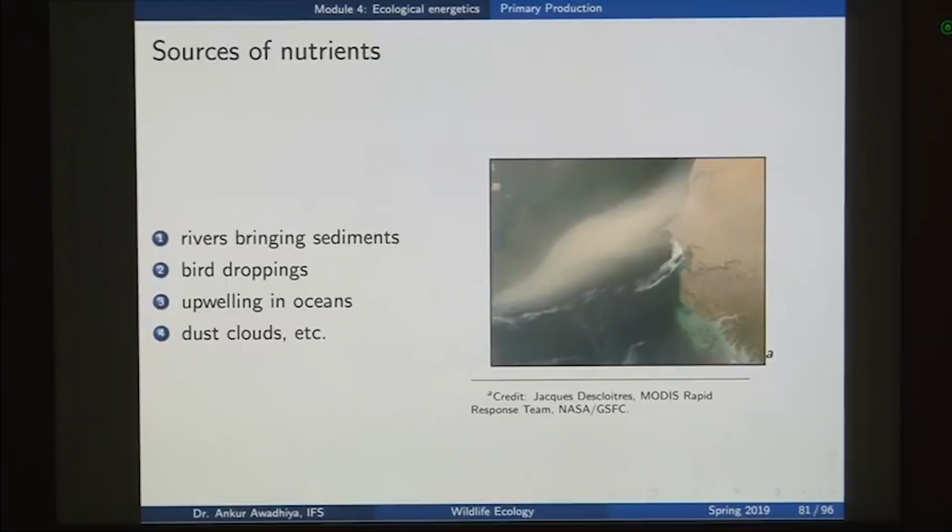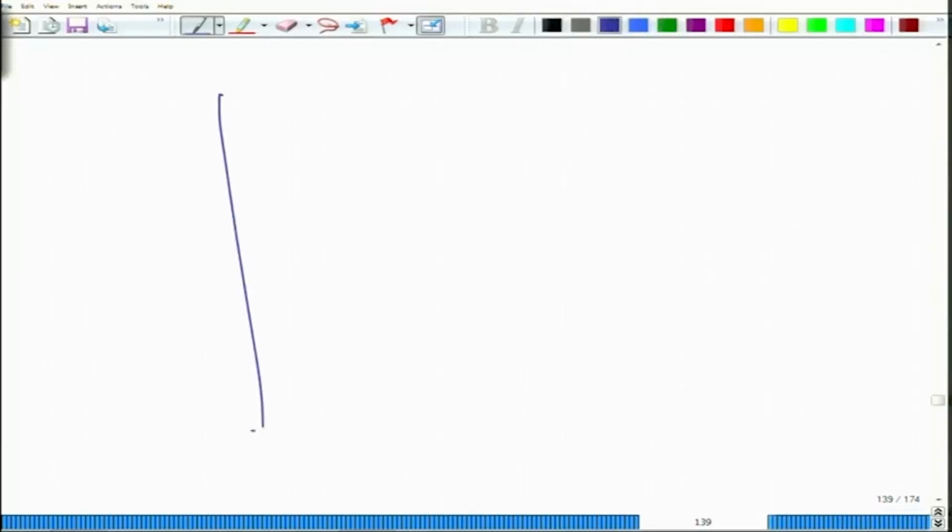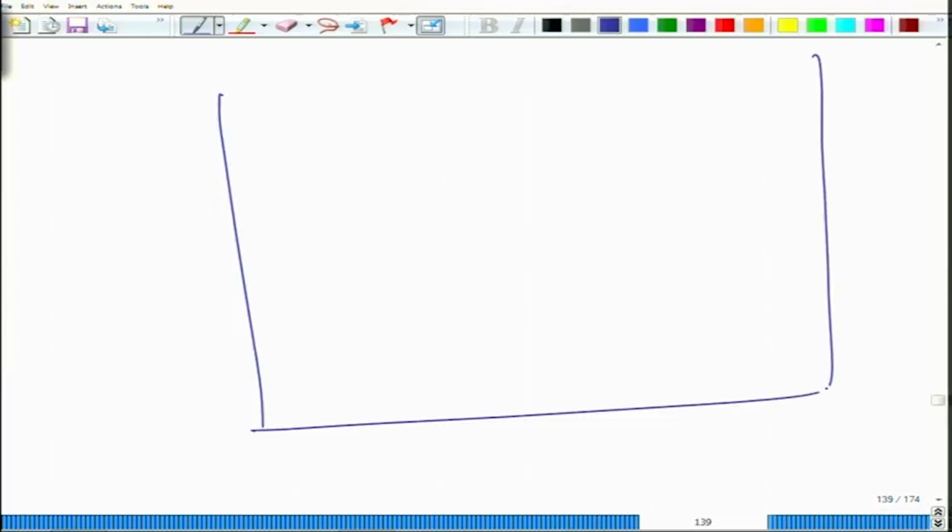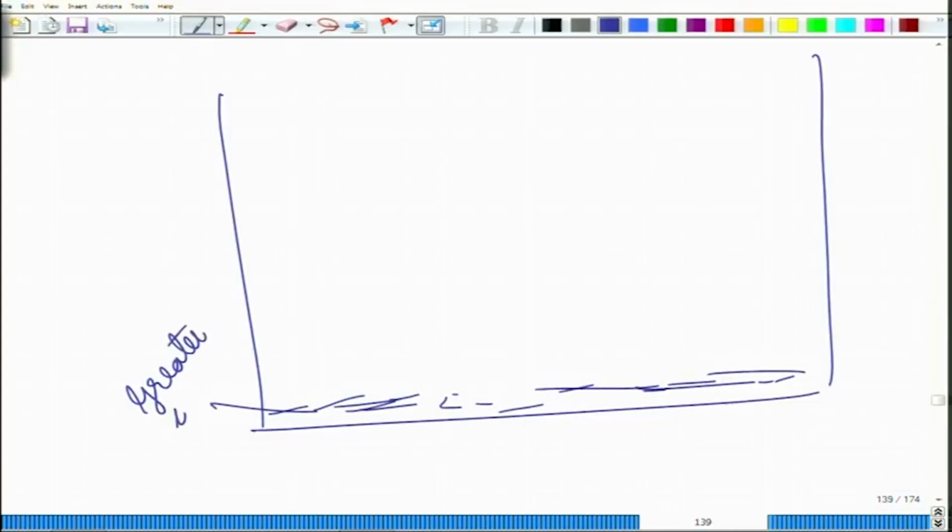So, if you have an ocean, let us consider that this is a column of the ocean. The bottom portion of water is at a greater density because it is cooler and also because it is very much rich in salts. So, if you add salt to water, the density increases, and if you add that water in a water column, then this salt rich water will get to the bottom.